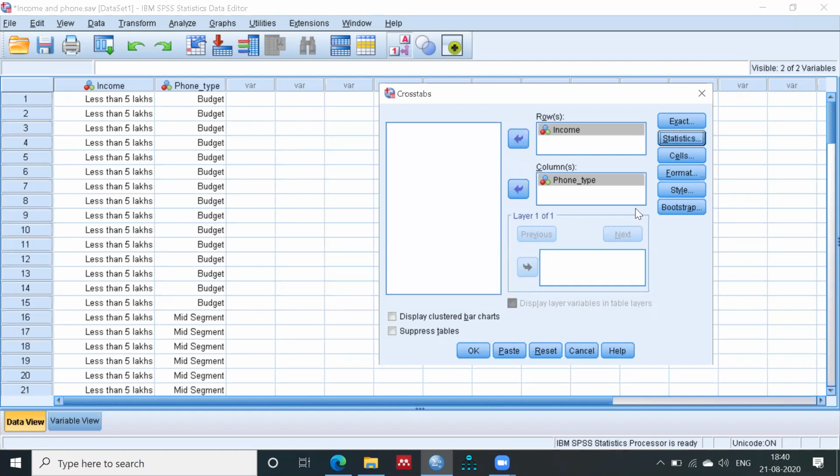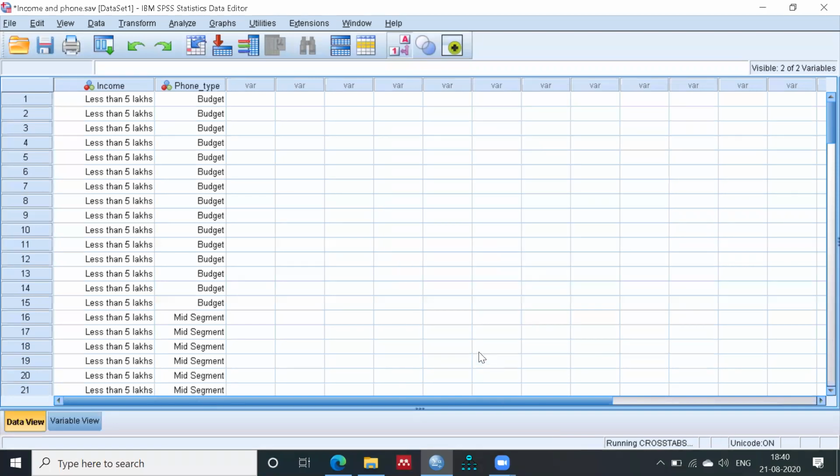You can also opt for display clustered bar charts for each category, so you can check this also for a clearer picture of the chart representation, and then click OK.